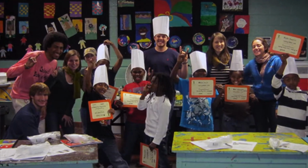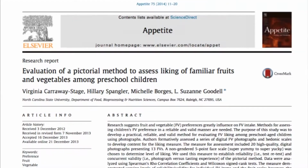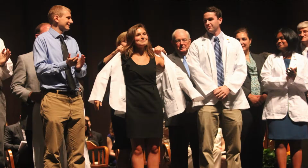And I knew that I wasn't a bench top person. Bench top is great experience, but I knew that I was going to have to do something a little more community-based, and got in touch with Dr. Goodell and started doing research related to children's fruit and vegetable preferences, and developing a tool to see how we could assess that and best assess where education needs to go within a toddler population, and absolutely loved it. I actually ended up deciding on medical school, and